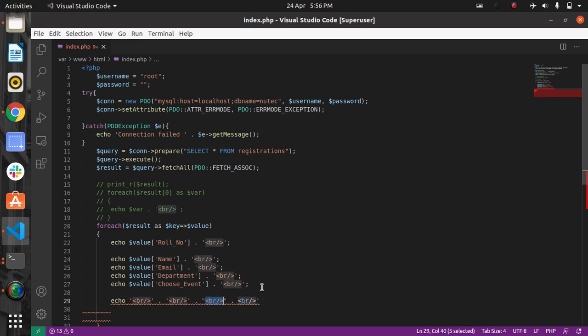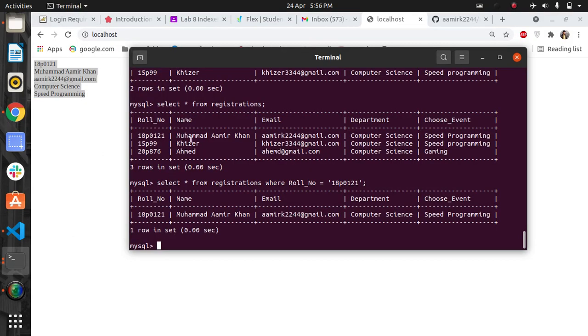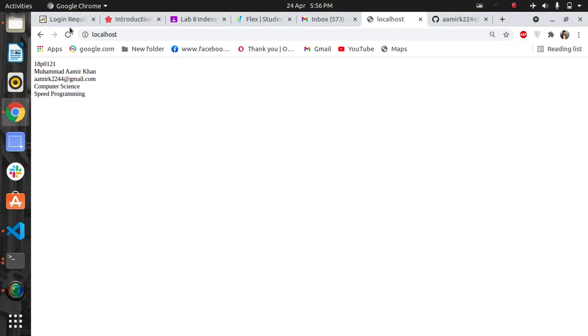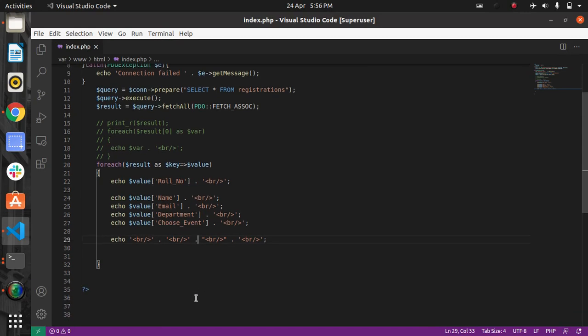I mentioned that the dot is used for concatenation. So let's run this. Now I am fetching all the rows as Amer, Khizr and everything from this. Now you can see the first row, the second row and the third row with the help of this for each associative array.